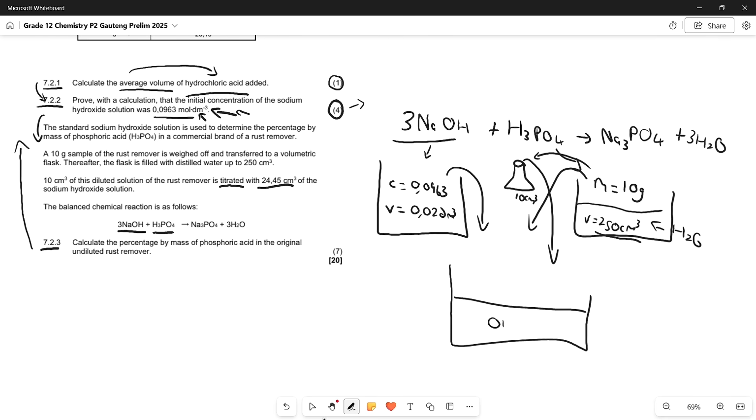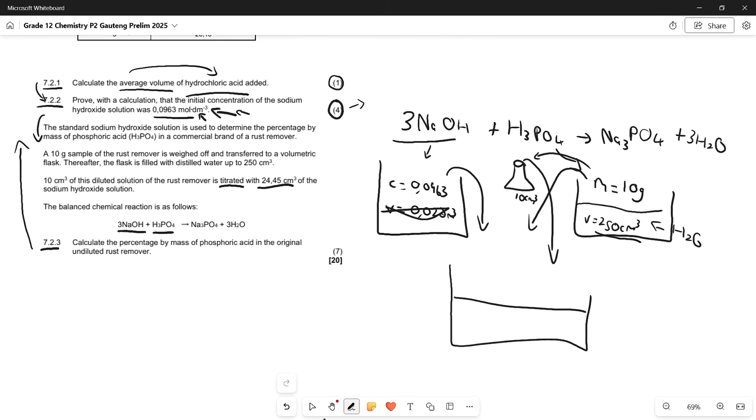There are no OH minuses or H3O pluses left over. These have neutralized to just form the water that we have over there as our product. So this is not a pH reaction, because pH is only looking at what is left over in terms of hydroxides and hydroniums, and it is titrated with 24,45 centimeters cubed of the sodium hydroxide solution, which means that